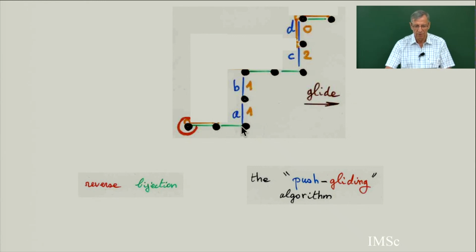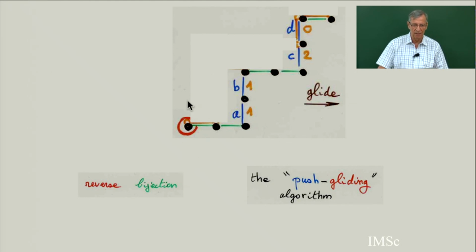And now I'm going to give an algorithm called the push gliding algorithm. This is going to be the root of the path, the root of the binary tree. Here you have your pair of paths encoded in a single path with some yellow numbers on it. And then I have to construct a binary tree. This is going to be the root of the binary tree. The left and right edges of the binary tree will be vertical and horizontal edges. And the right height of these edges must be 1. So this edge should be at distance 1 of this vertical line.